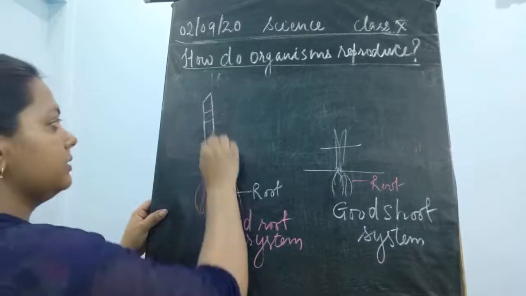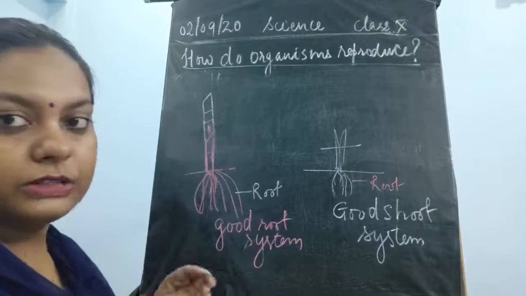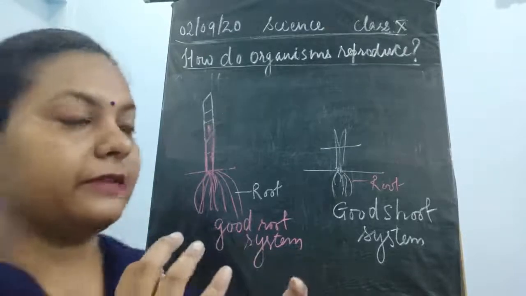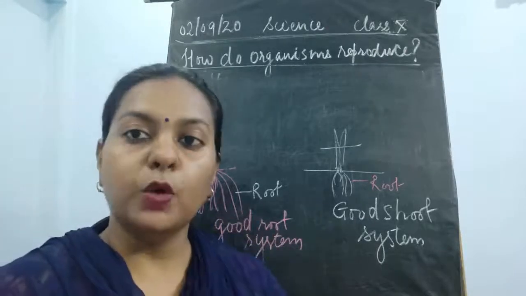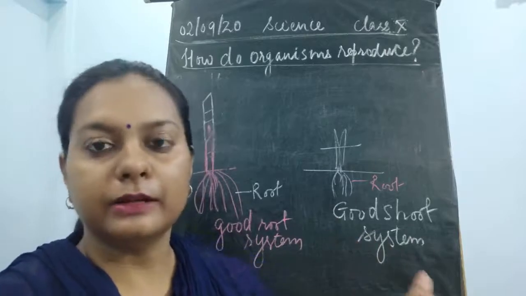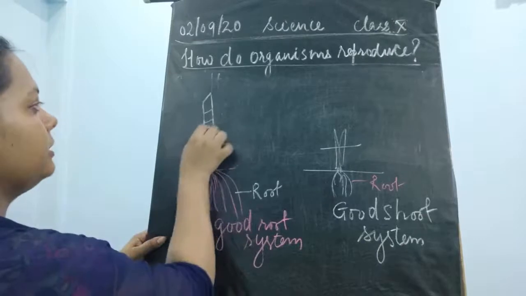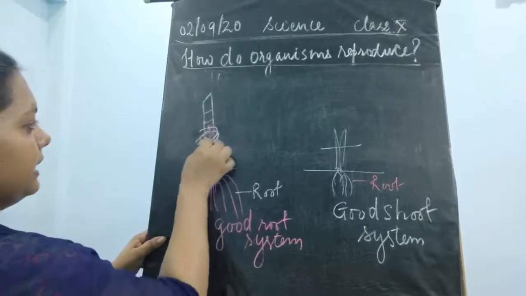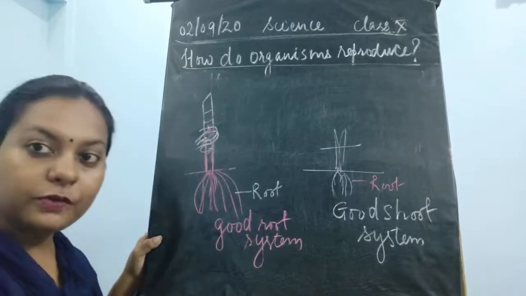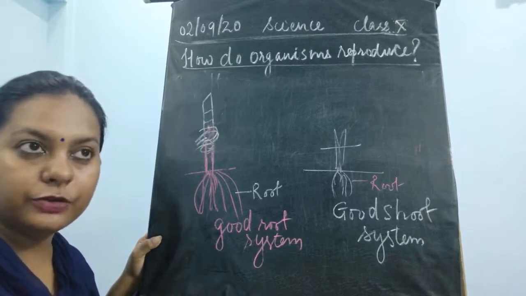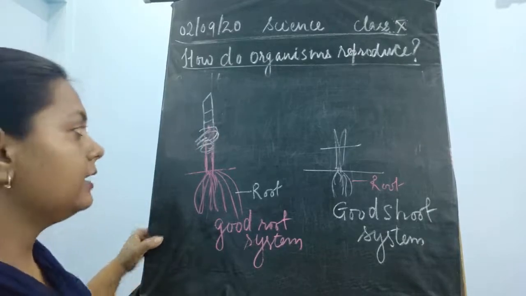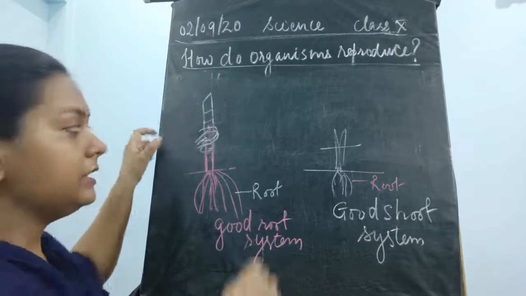Okay, we'll cover it with mud, with some cloth, some manure or different nutrients, and then we'll cover it and tie it. Now, what would happen after some time? What would you see? You will see that this plant has been joined.